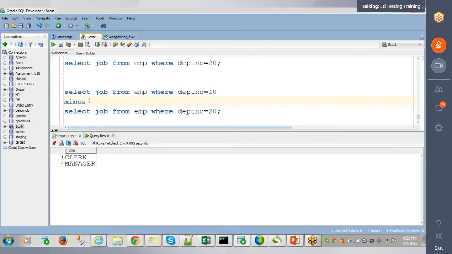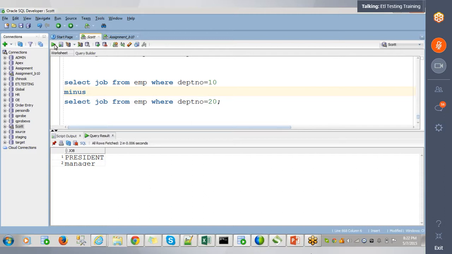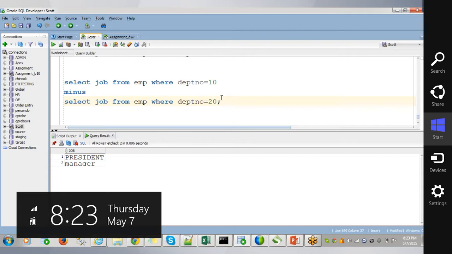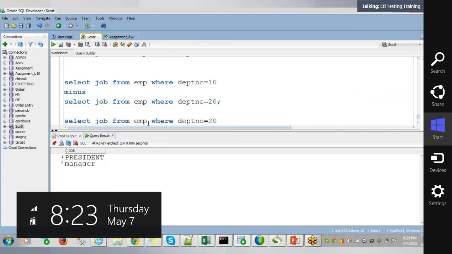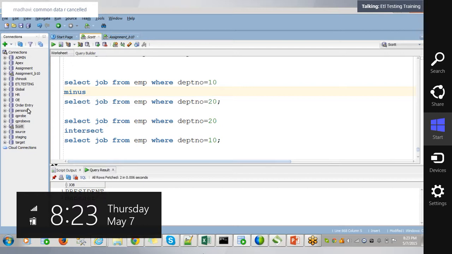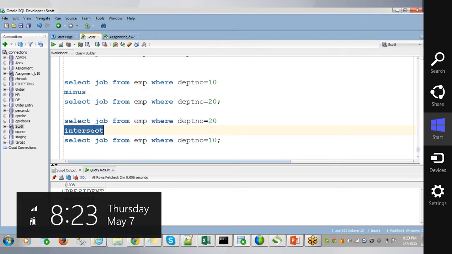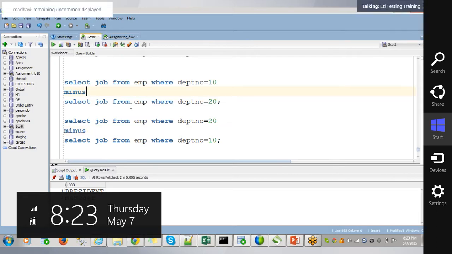Minus. The next one. Now what does minus do? Now when I execute this particular minus query, I'll get manager as an output and president as an output. It's just like a set function. It crosses out all ones that have a matching value. The two managers get crossed out. And it will just show what is present on the first